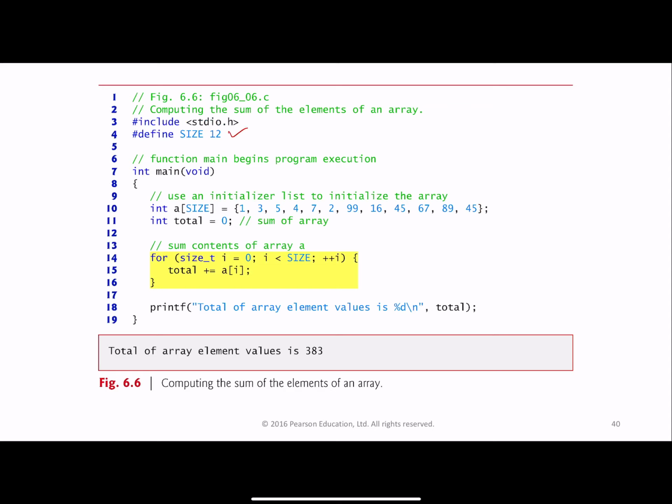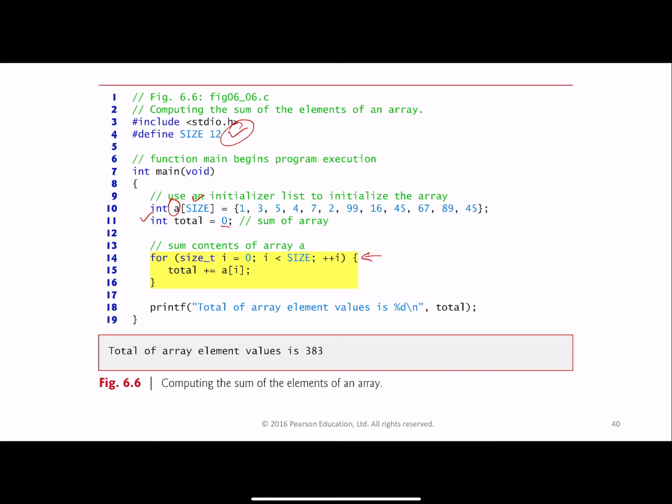So we're using a preprocessor directive hash define a symbolic constant size to symbolize the size of the array, and we're defining an array A of size 12, initializing it with these 12 numbers over here. We are also defining an integer total and initializing it to 0,